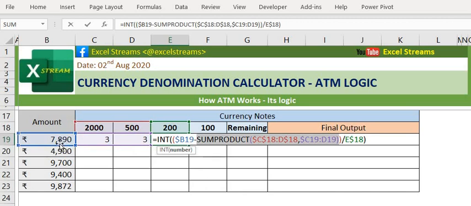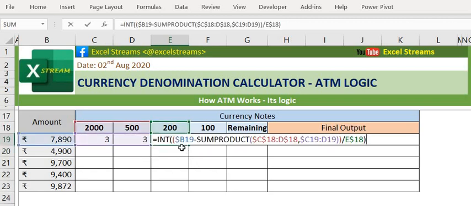Then we have 390 rupees. It will then divide 390 by 200. You will get 1 point something, and then you have used the integer function, and the integer function rounds it down to 1.